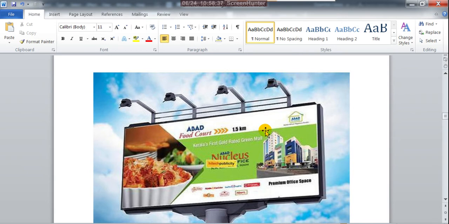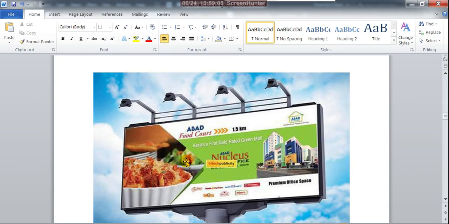Another problem is if you enlarge a small picture into that huge size, into 10 by 20 feet, the picture given by the client may cause pixelation.